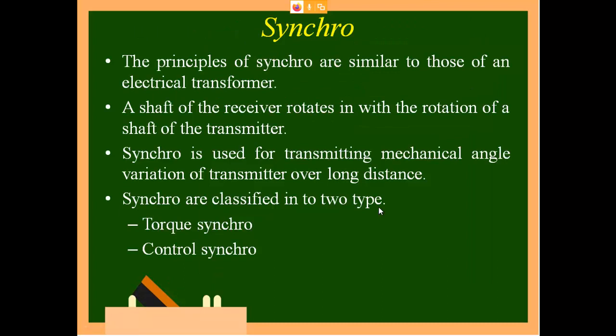Next is synchro. Synchro is nothing but, let us assume you have a generator and a motor. You take one generator, you take one motor, take the output of this generator and give it to the motor. When the generator needs input, what I am giving, I will call it the prime mover. So when I rotate this generator, what will happen? The generator will produce electricity, and when you connect it to a motor, that motor rotates.